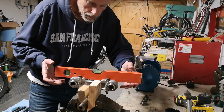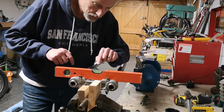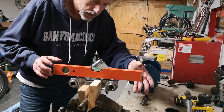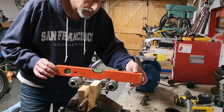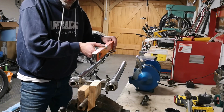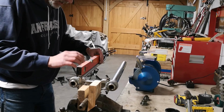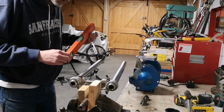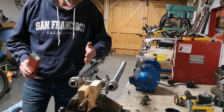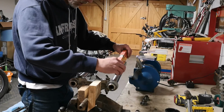So I put this in the vise, and I've got the yoke end perfectly level to my bubble there. I can check it on the yoke itself as well, and that's level as well. Right, so that's perfectly level there. I've also leveled it this way, so if I go on this leg, that there is bang on the bubble. So we know that this is dead level and this is dead level, so hopefully this one will be dead level as well. However, when we put that on there,